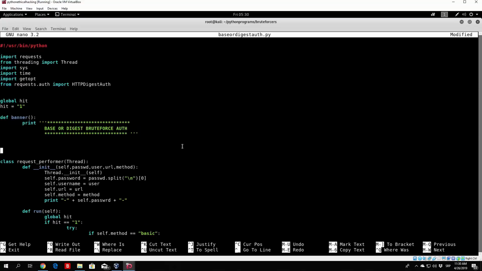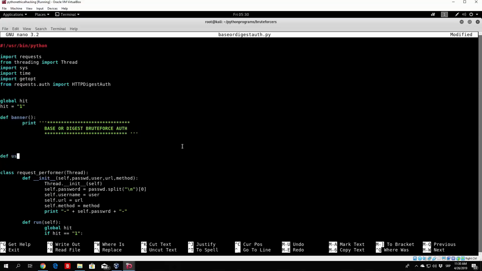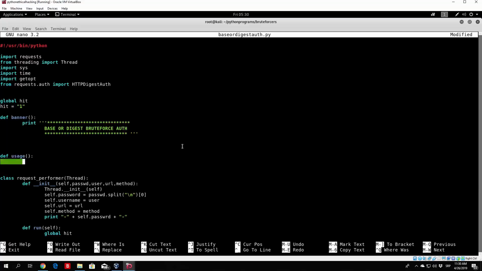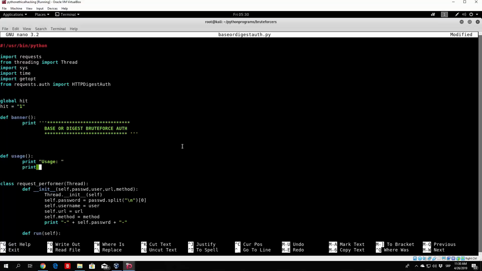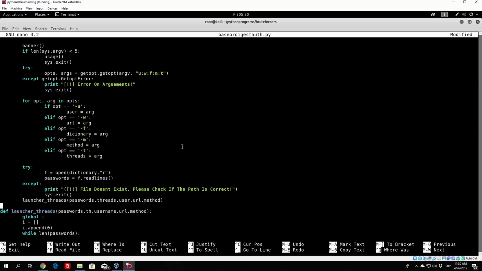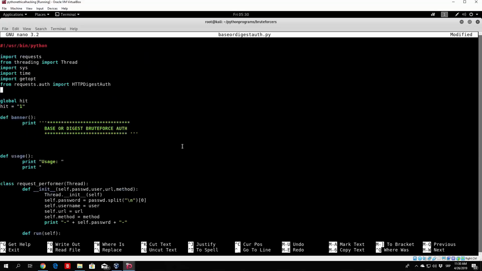So we can code the usage function right below the banner, so def usage, open and close brackets, and then the two dots, and we'll just print something like this. So print usage, two dots. In the next line, we can first of all use the W, which is for the URL, so we can just use that one first. We can tab it, -W, two dots will be equal to the URL, and then, for example,